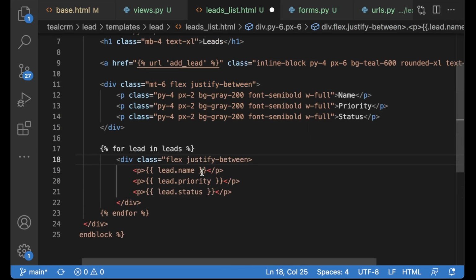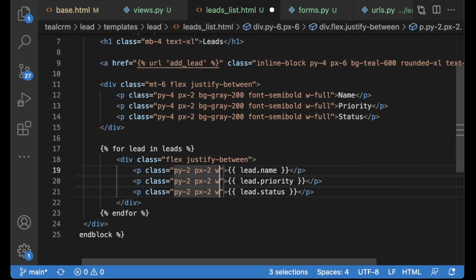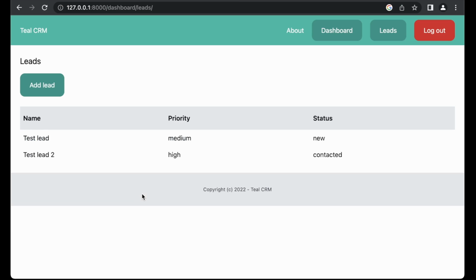Oops. And these down here, we also need a class py2 px2 and the w full, so they are the same size as the ones up here.